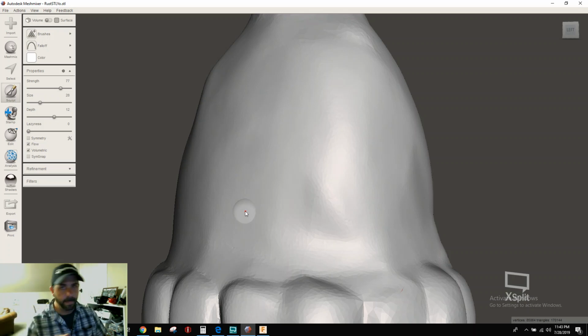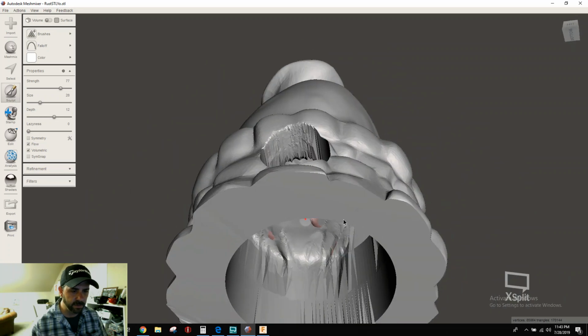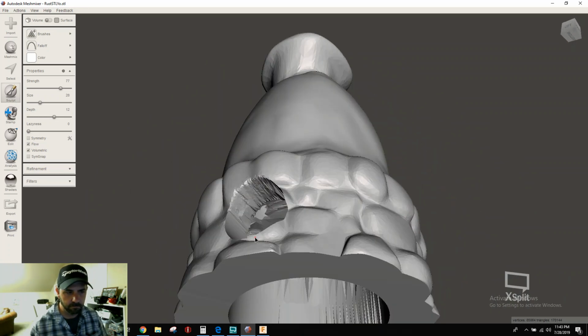Like I said, if you've got a sort of low poly model, you can bring it into MeshMixer and just make it high poly by using this tool. If you want to add features, do what I did. And you can see by the inside it kind of got a little jacked when I was going a little aggressive with that tool. But